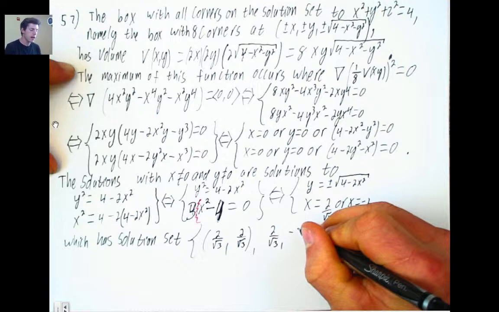And if we're to believe that this box has a maximum volume, which seems perfectly reasonable, I could use the second derivative test here for sure, but I'm just prepared to say that the box of largest volume has dimensions